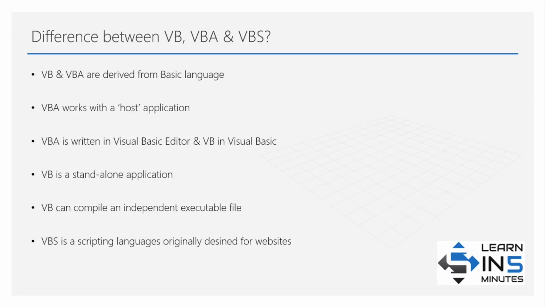On the other hand, VBS, that is Visual Basic Script, is a scripting language that was modeled on VB and originally designed to add programming ability to websites. However, nowadays it is used more by Windows-based server administrators to monitor tasks on computers. You can create a VBS file which can run as an exe file. A VBS file can also be called to run from within a VBA code.